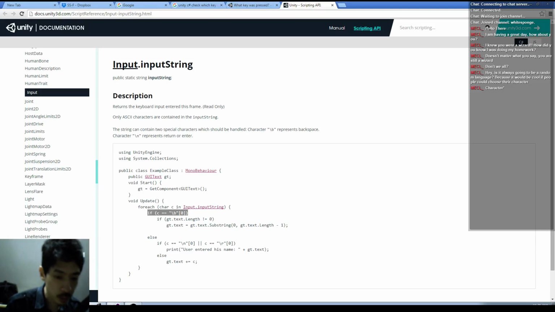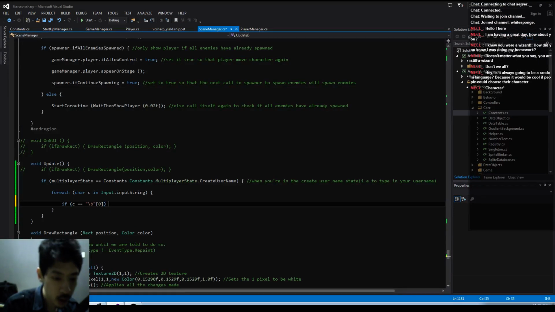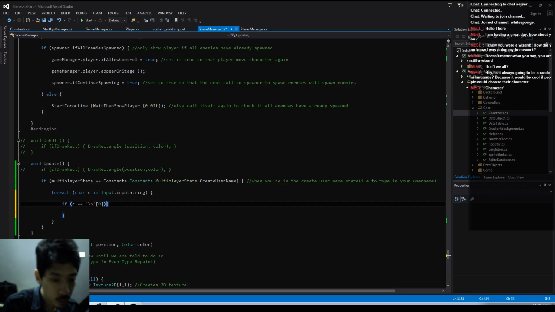So this is for backspace, which means we need to check for a backspace. If user types backspace, else